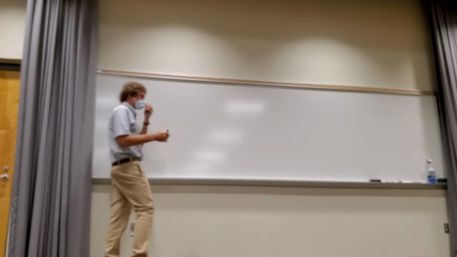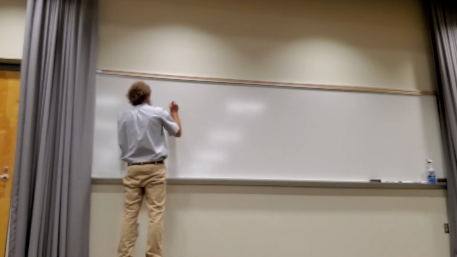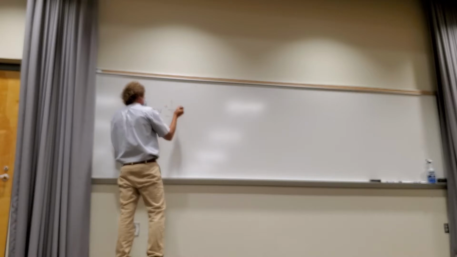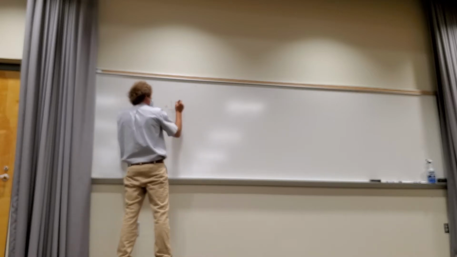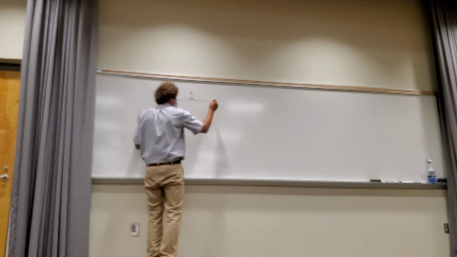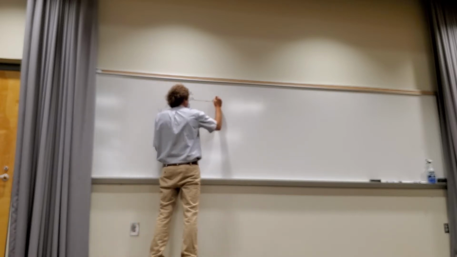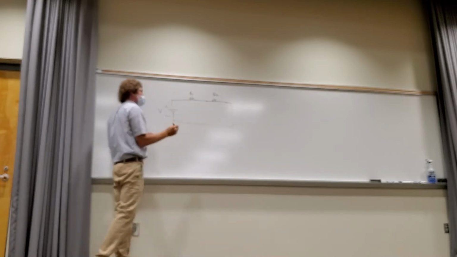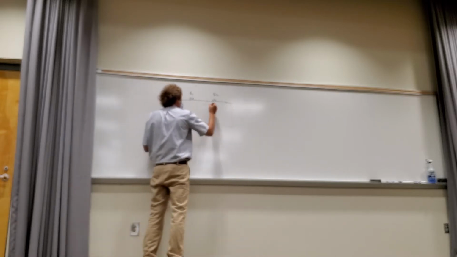So first I got to show you what series means. If I have my battery here, and then I have some resistor R1 and some resistor R2 back to here, and I want the current through here,